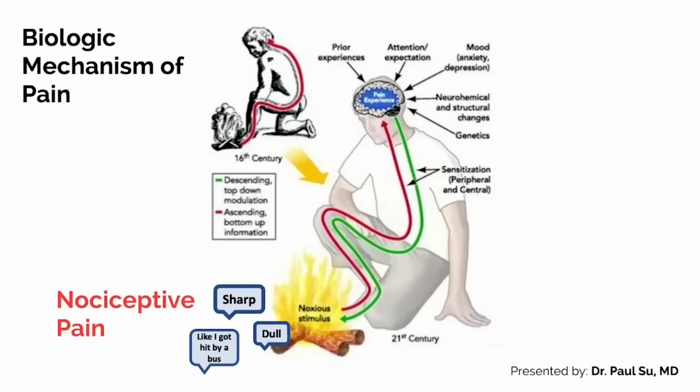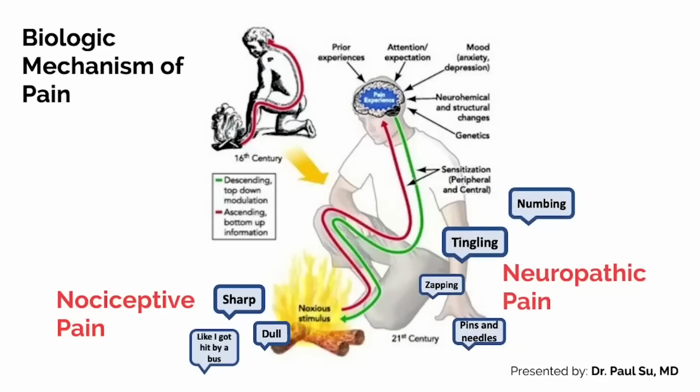This is a type of pain that you experience when you hurt yourself or do things that injure the tissue. That sharp, dull pain, that stabbing pain when you get a paper cut, for example. So that's the nociceptive system working and detecting what it's supposed to detect. Now that tingling, zapping, pins and needles, and that numbing sensation, which is also still very painful, we call neuropathic pain. And that's pain that